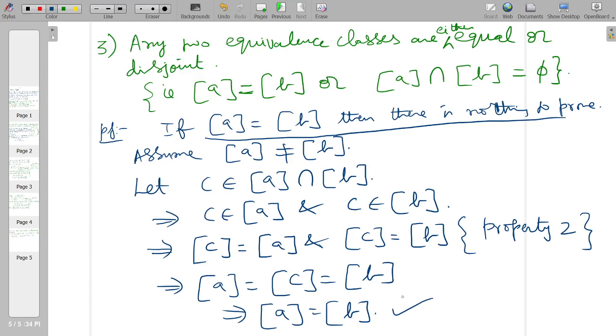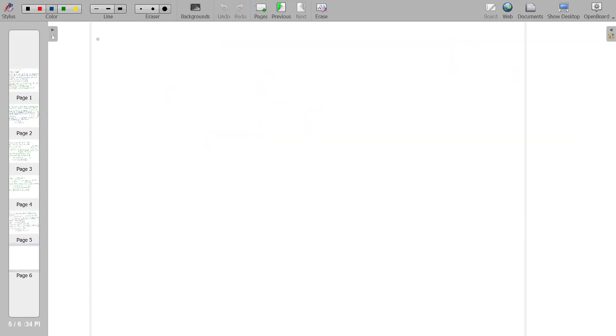So these three properties are important for us, so that you can prove the theorem here. This will be the main theorem, and if you are asked to prove this theorem, you have to prove these three properties and then get the required proof. Okay, so in this case, what is the statement?